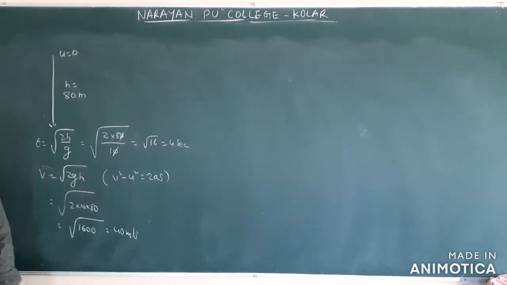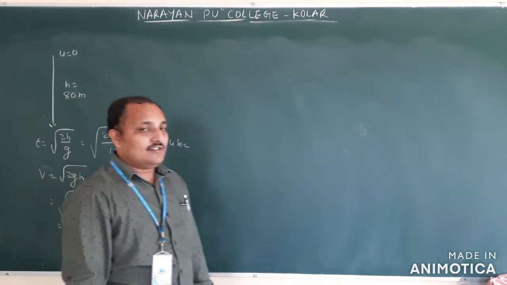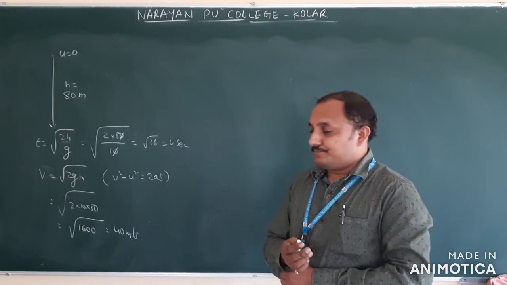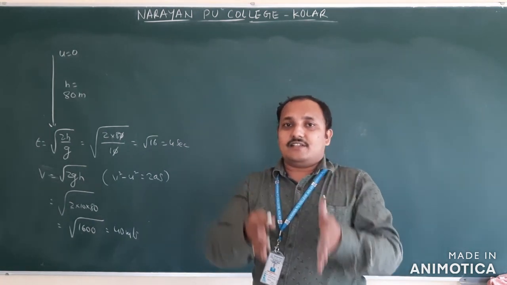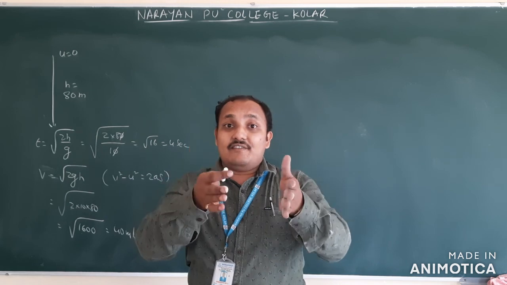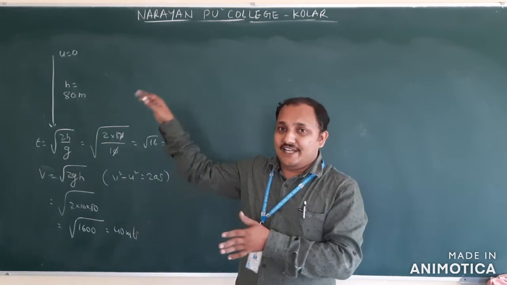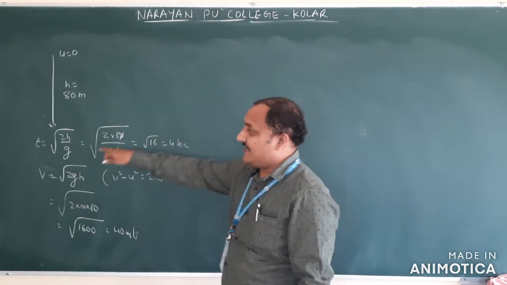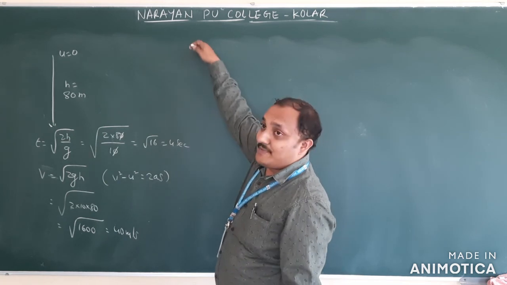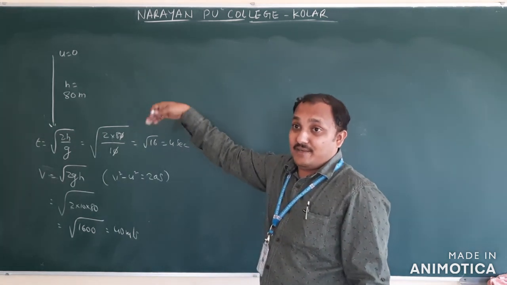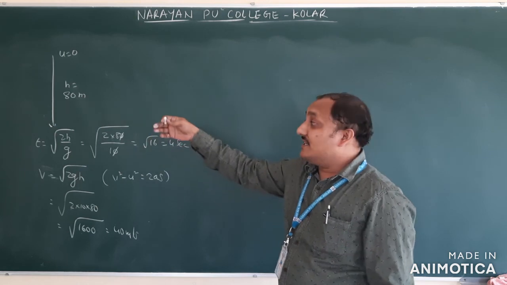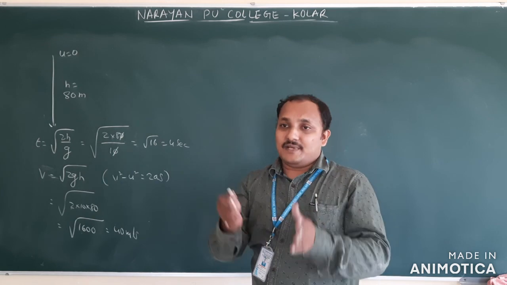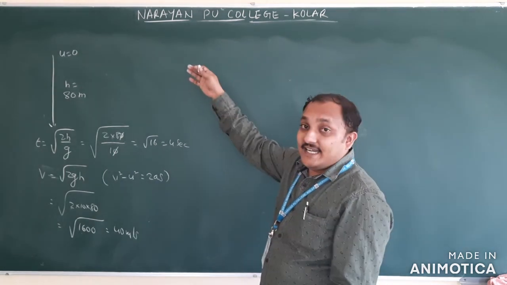Already we did these. So if you are feeling difficulty to solve the problem, what you have to do is, after completion of this video, go and write all the equations from motion in a straight line. How many equations we derived? Only the final equations, derivation not required. Velocity when it touches the ground, v is equal to root 2gh. How much time is it taking? Root 2h by g. What is the maximum height reached? Maximum height is equal to u square by 2g. Time of ascent, time of descent, total time. All these formulas you can write at one place. All formulas, however many you get, you can see by seeing notes only. Only final equations, not derivations.